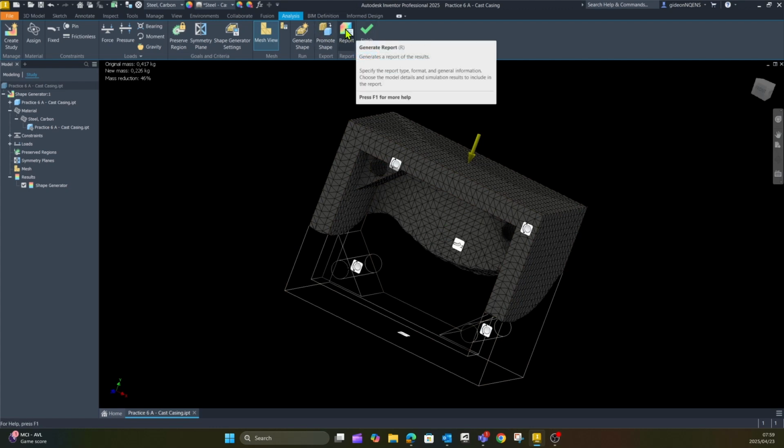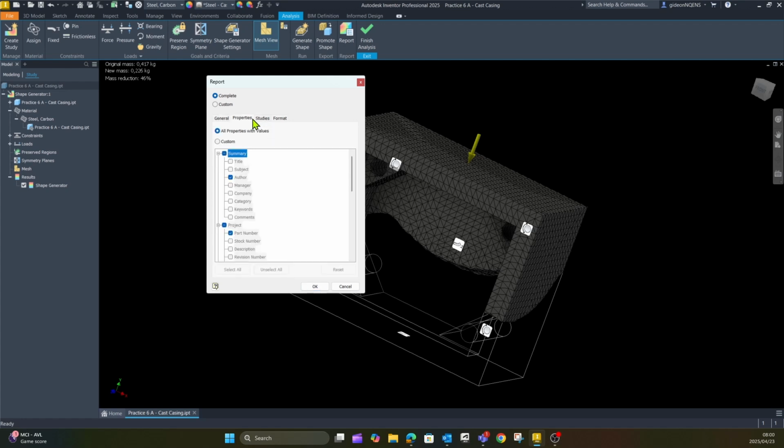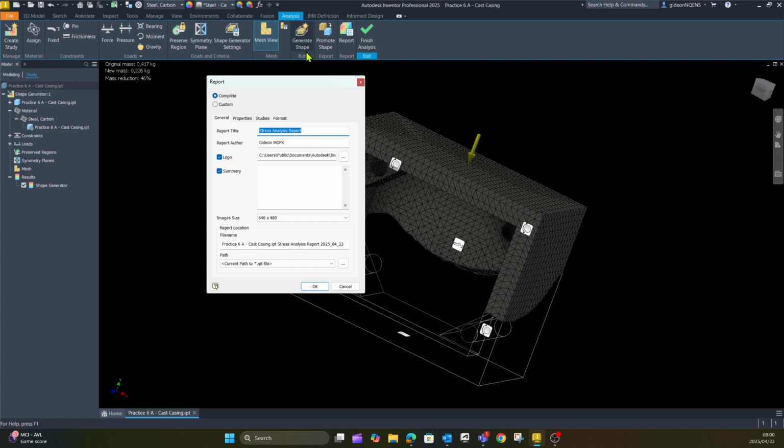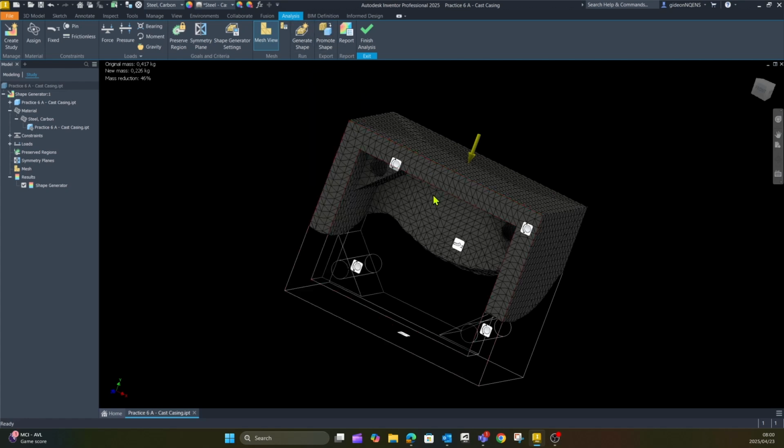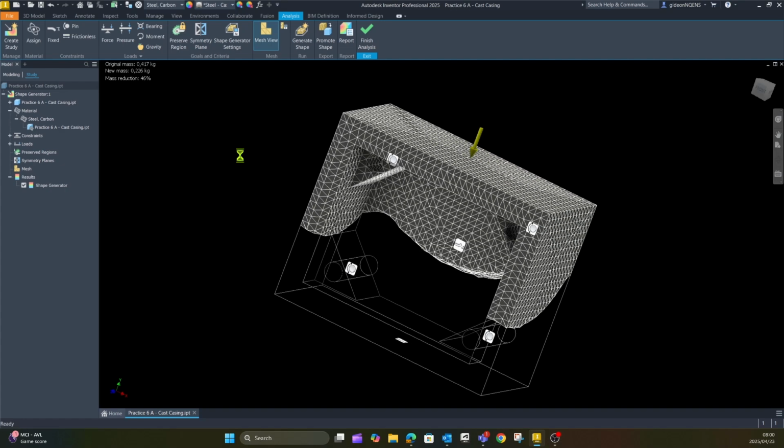You can also see a report. When you generate the report, you can choose a complete or custom, the general properties, the save documentation, the properties, the studies, the format, and so on. And it would save a HTML format for you to actually see the report. And when you promote it to the shape, you can choose if you want to convert it to a STL file or to the current part file. So if I'm choosing the current part file,